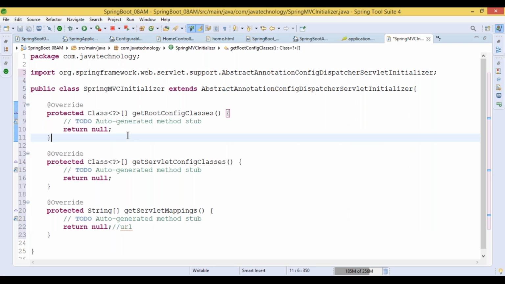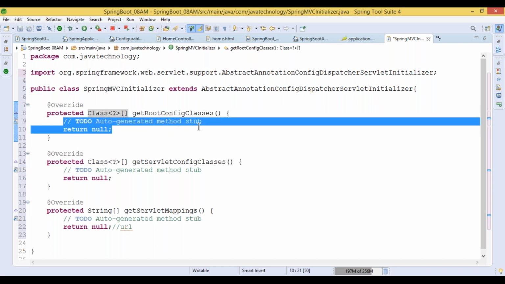Okay. Spring configuration file, application context, XML related information. Yes, exactly. So application context is nothing but if we have the filters, listeners, and anything other than the particular normal XML file, those related things we are going to write inside the root config classes.